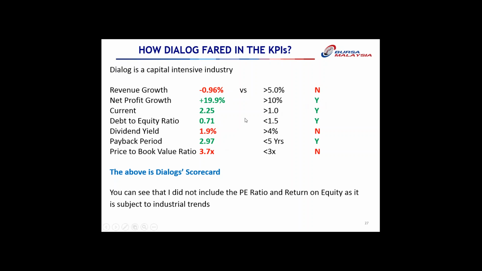Because it exceeds 1. Debt to equity ratio 0.71, yes, because it's below 1. It's not more than 4%. Payback period 2.97 years, yes, because it's less than 5 years. Now price to